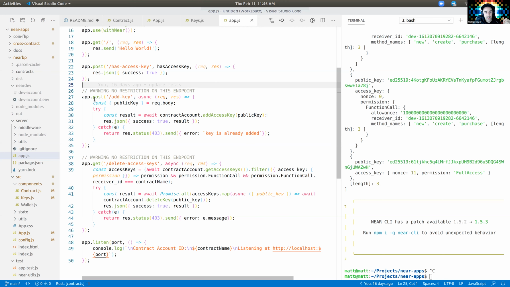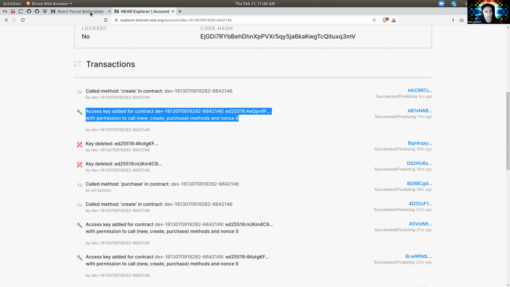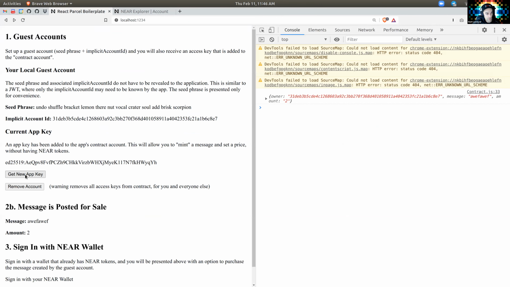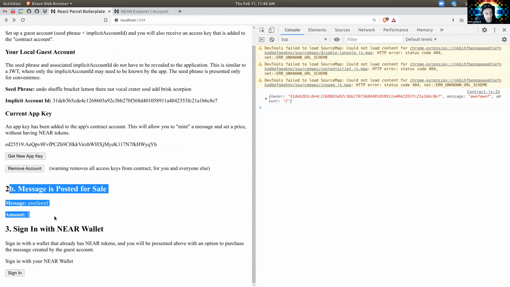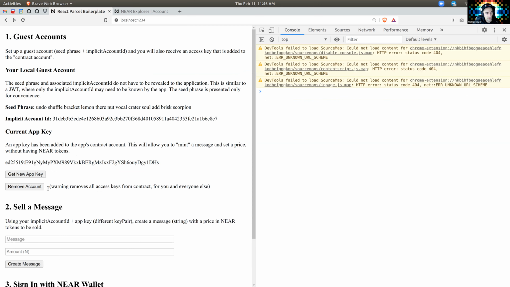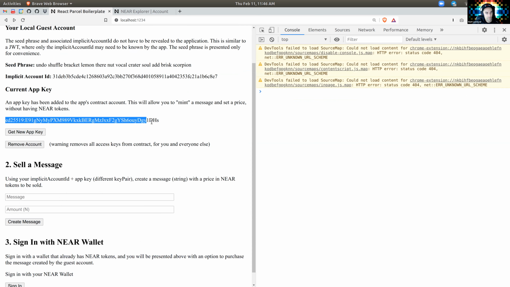But this is just so you know that this is actually happening behind the scenes every time you say get new app key. So this message that is posted for sale is related to this app key. So if you want to actually post another message, by the way, we're going to totally lose this message. So this message will just disappear forever. We're going to get a new app key. And then, I don't know why that didn't update automatically, but because there's no message associated with this app key, it's going to,